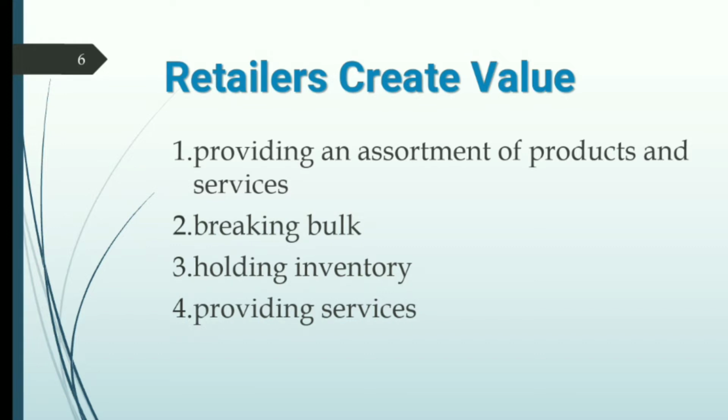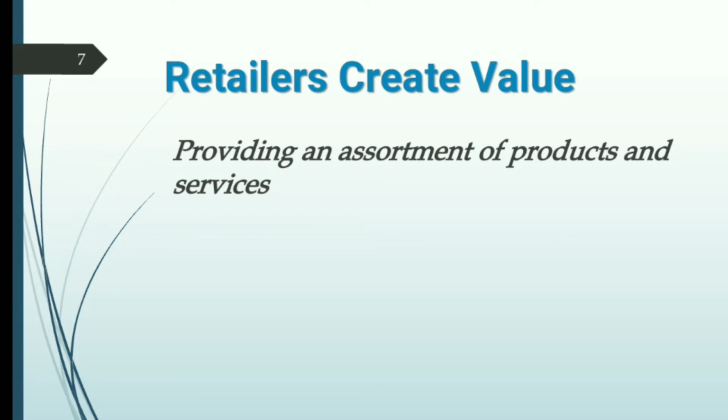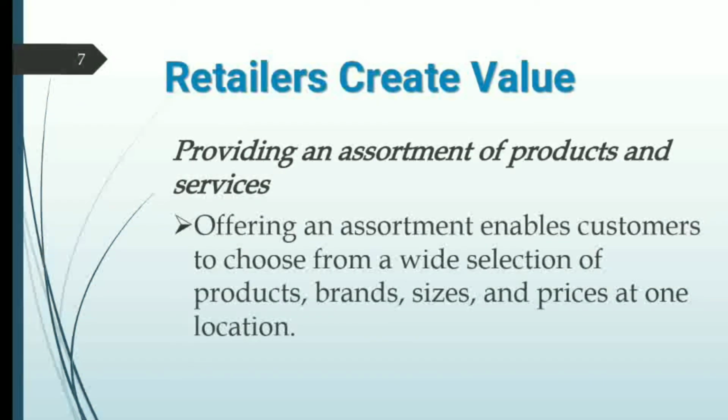And we'll start with number one, providing an assortment of products and services. Okay, so just take a look at the Emperor Plaza we have here in Manukan. They sell assorted products from shampoos, detergents, toothpaste, canned goods, junk foods, seasonings, and a lot more. And these products came from different brands, just like detergents. So, for example, there's Surf, Ariel, Pride, Tide, what else? Breeze, and so on. There are different sizes too, right? There's 1,000 grams and there's smaller ones also. And the prices, we can easily compare the prices of different products, brands, and sizes because we are in the same location.